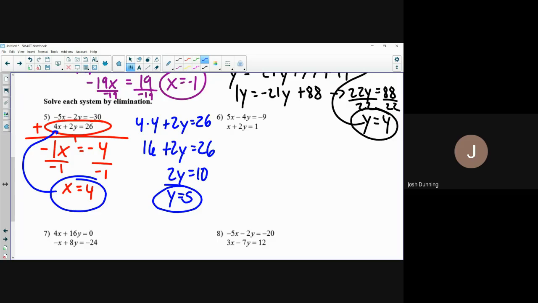Now 6 is a little bit harder. If you look, you got a +5x and a +1x. 5 plus 1 is 6. That doesn't cancel. The y's, you got a -4 and a +2. You add those together, that doesn't cancel. You have to do some multiplication here to get one of the variables to cancel out. Try to pick an easier one. Let's say you want to cancel the x's out. Wouldn't be that bad. If I multiply the bottom by -5,